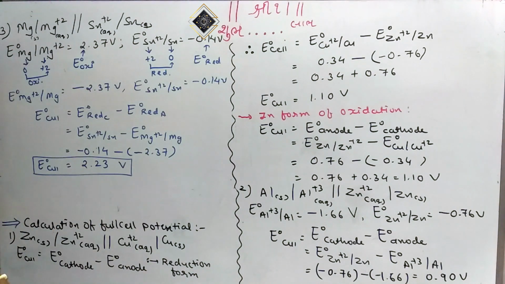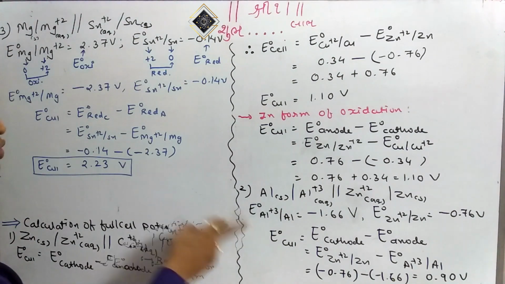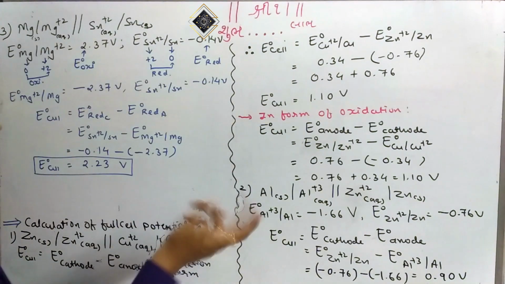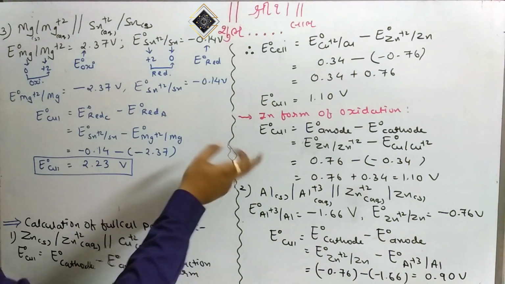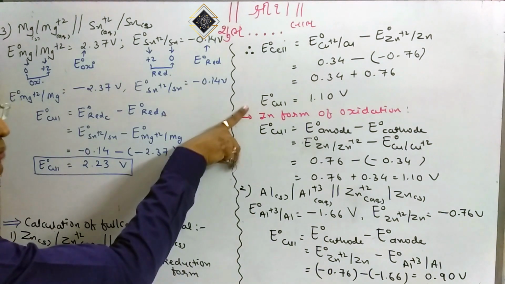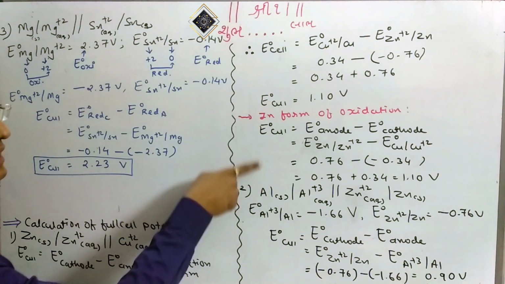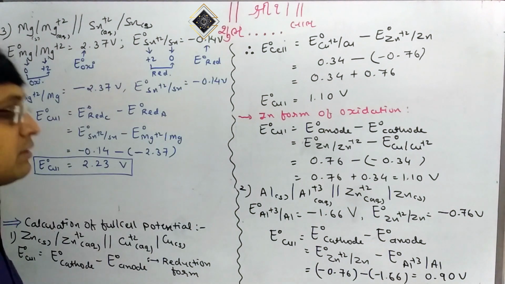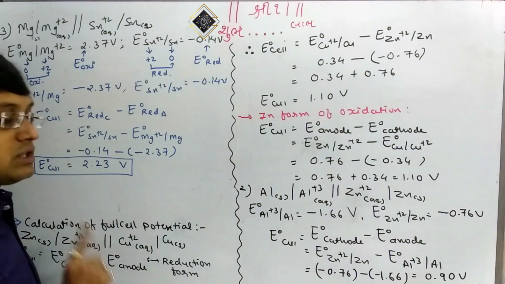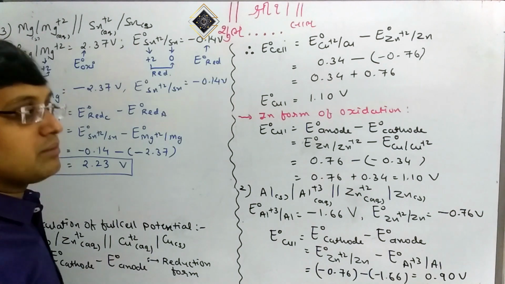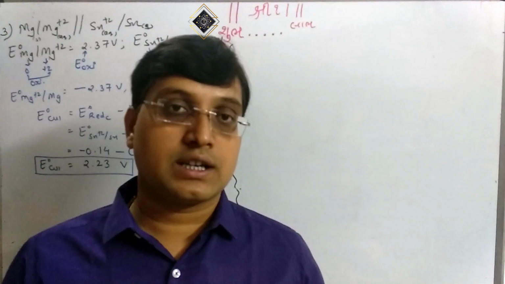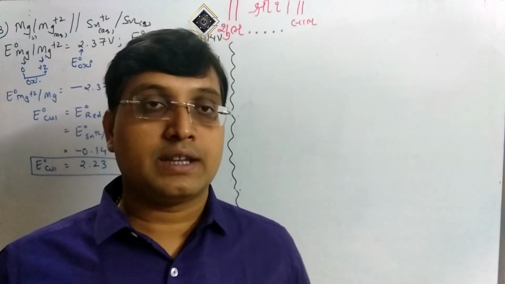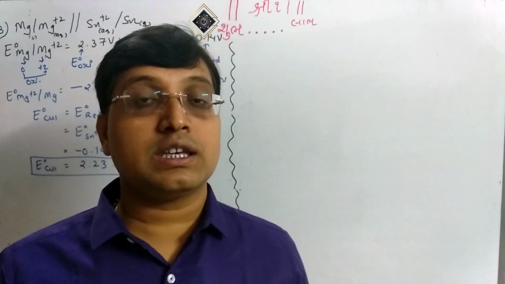Okay. In the exam, if you want to write an example, write example 1, 2 and 3. Out of these, you can write any one. This is just to inform you that in form of oxidation or reduction, the cell potential values always remain the same in magnitude as well as in sign. But in case of the half cell, the potential values are the same but opposite in sign. Clear? Okay. The short note on the cell potential is completed. The next lecture that we will see is the EMF series.